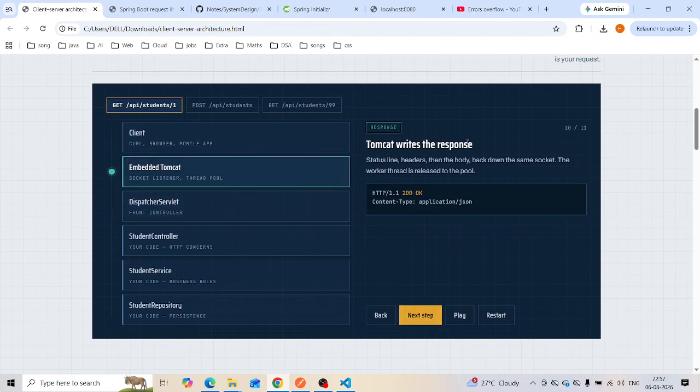Tomcat writes the response, status line, headers, then the body, back down the same socket. The worker thread is released to the pool. Tomcat sends the status and content type.